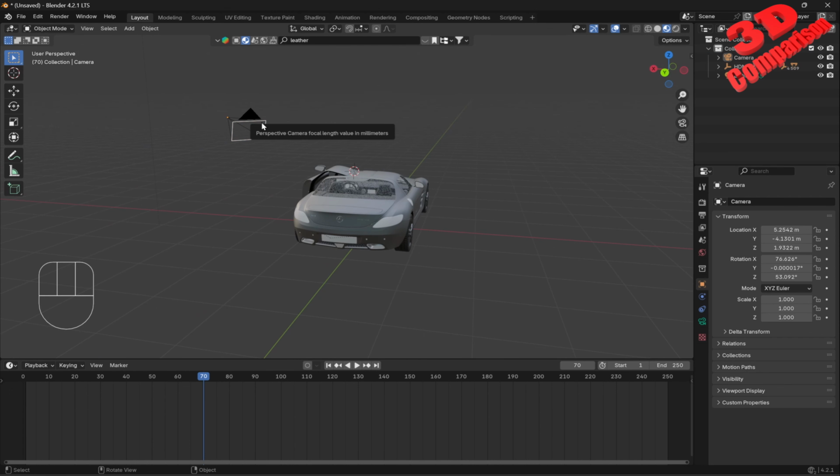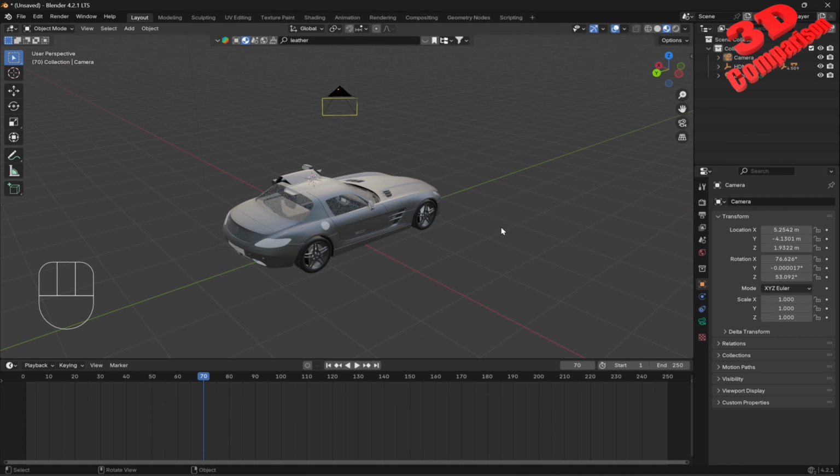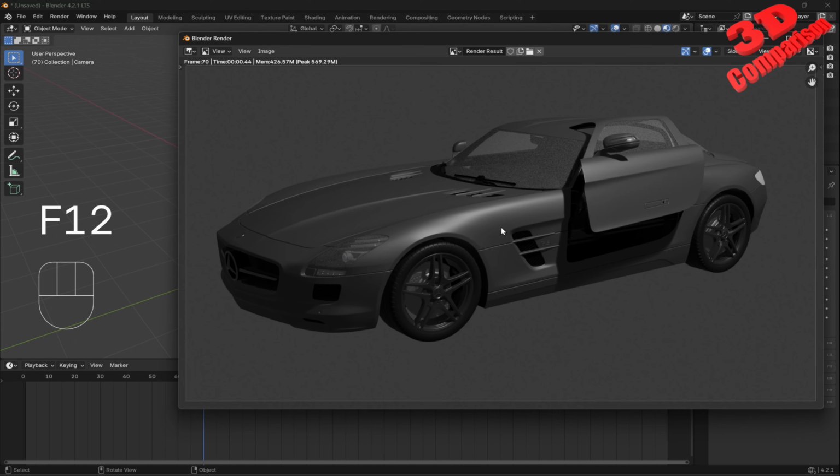And every time I want to go over here, I can just press 0 on the numpad, and that will take me over here within the final render. Even though within the viewport, if I leave it like this, and I press F12 in order to do a rendering, we're going to see that the camera will be positioned like that. Now, we see within the final render, this will be the output. We don't have a lot of